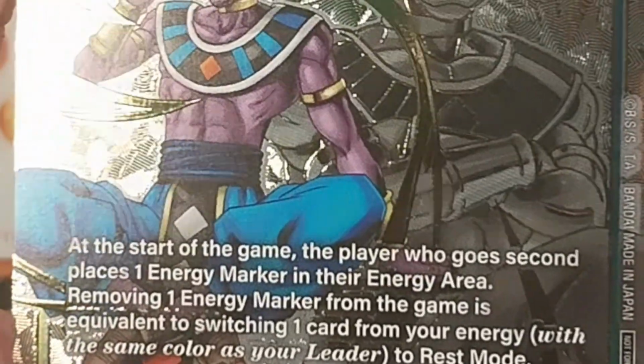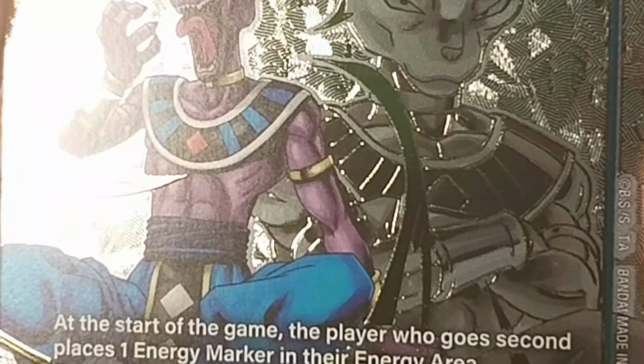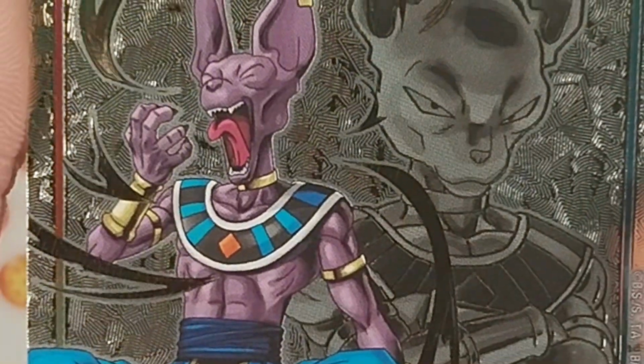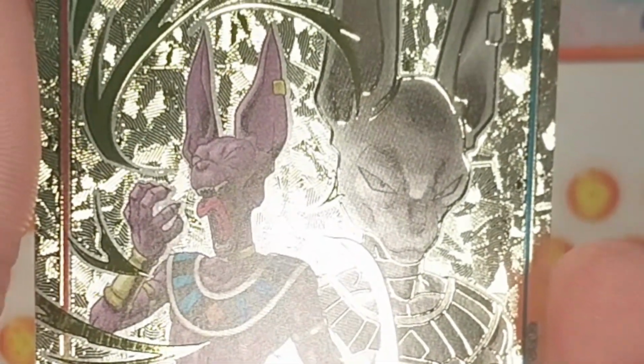And when I saw this gold energy marker card for Beerus, I was just like, man, we didn't get a secret rare for him, but I gotta say, this thing looks phenomenal. All of these look amazing. I thought about getting all 12, but I ultimately decided I was just going to pick out...